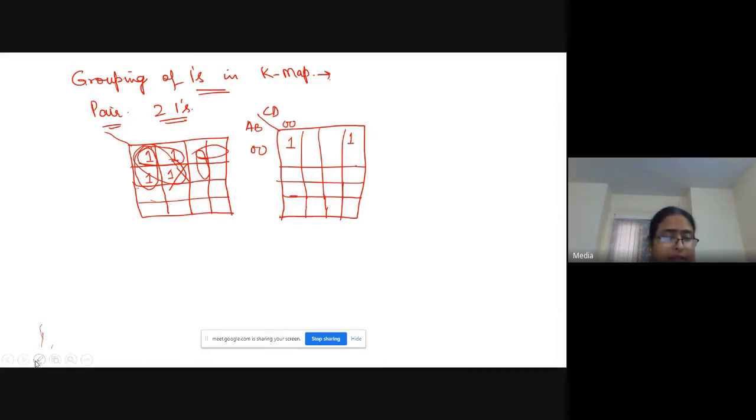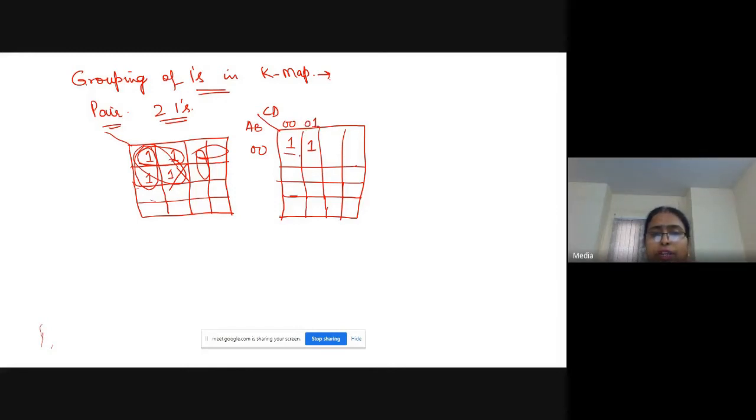Simplest pair I am taking. I am not taking this pair. I am just taking these two ones, right? This is 0, 0 and 0, 1.